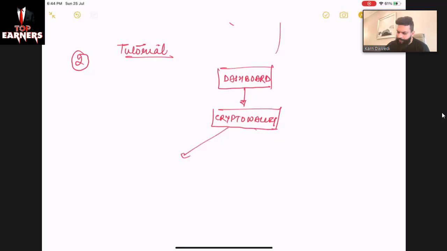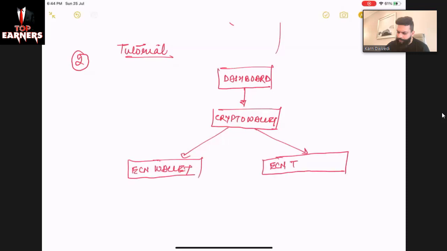You have 2 ECN wallets there. ECN TRC20 wallet. Here you have a withdraw button. You withdraw all your ECNs from here.